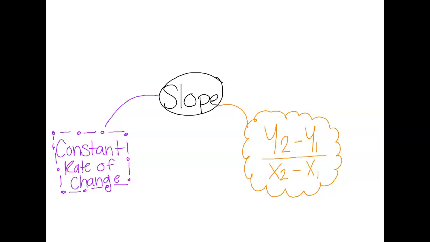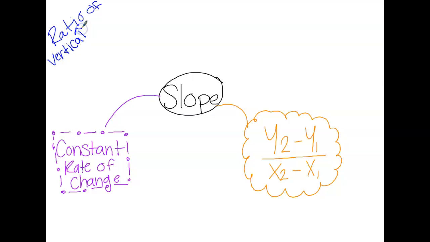What's another way that we've talked about slope? Does anybody remember the definition of it? It's a ratio of what? The vertical? Yeah. Ratio of